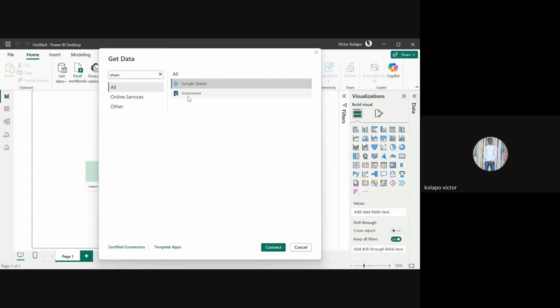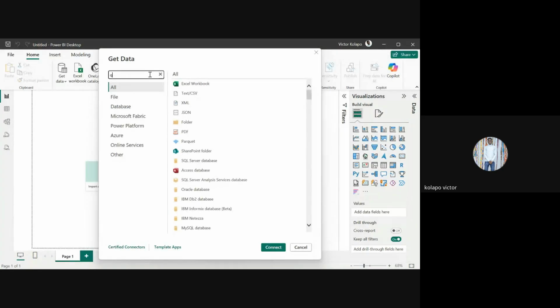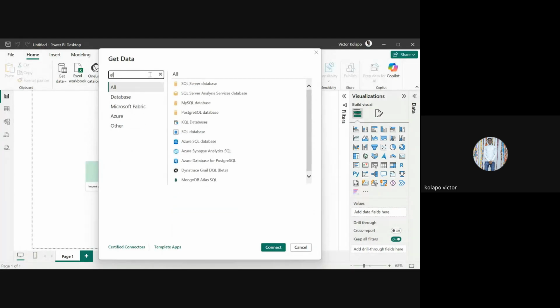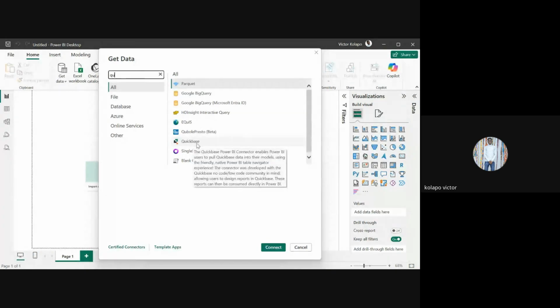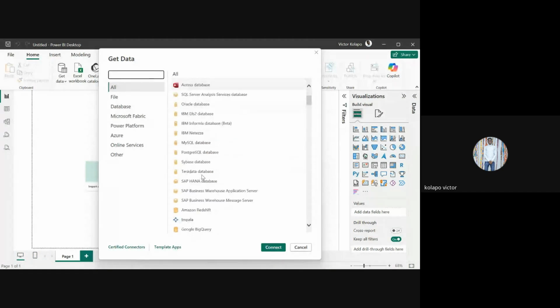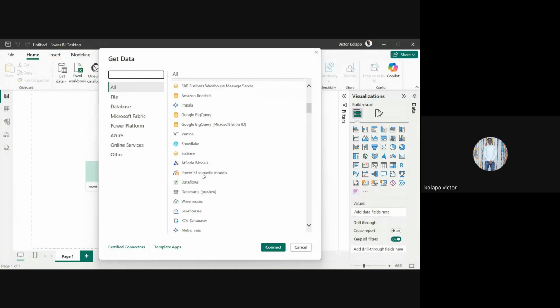But all these smart sheets and accounting tools already have some kind of plugin. I think they have a plugin for QuickBooks already. Okay, they have QuickBase, but some of these other software also already have their integration